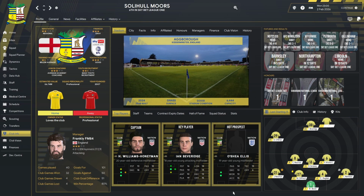Well, in today's episode we have now started the League 1 campaign. We have moved forward to the 2nd of February 2026, which means we have gone through another transfer window. In today's episode we were going to cover everything that's happened in the first half of the season, any players that have come in or gone out of the club. We're going to look at the schedule, the tables. We're going to have a look to see if there is any finances still, and then we're going to look at the squad before we push on into the next episode, which will be going to the end of the League 1 campaign. So, to kick us off, let's go and have a look at what had happened in terms